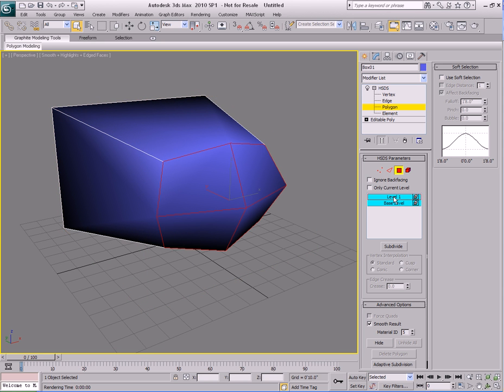And if we click on level 1 again, all the levels below it become highlighted in cyan to show